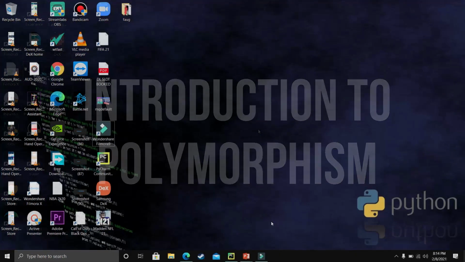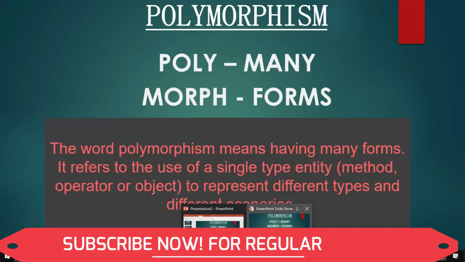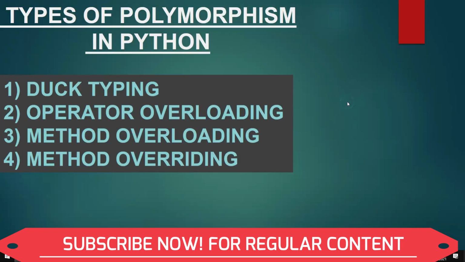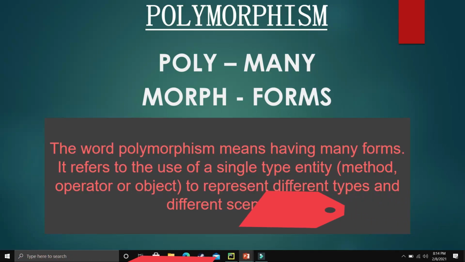So in this video we'll be talking about the concept of polymorphism in Python. It is a very important concept in every programming language. So in this video, first of all, we'll be talking about what polymorphism actually is. And in the upcoming videos, we'll be talking about different types of polymorphism. So let me explain what polymorphism is with the help of these slides. I actually don't make slides very often, but for this I thought let's make one.